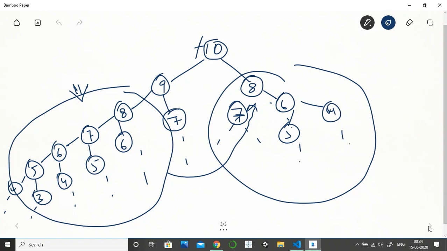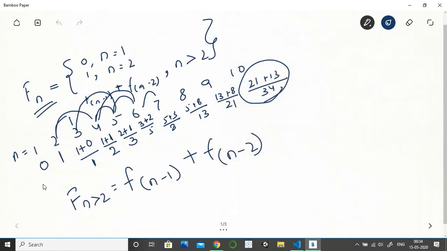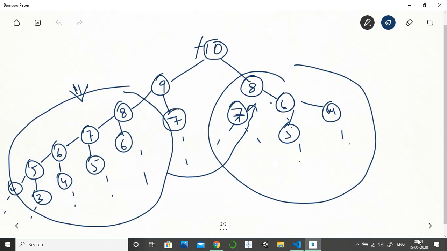So there are now two approaches to tackle this. First, which we did here, or let me go back here, we started from the bottom and then we proceeded up. Let me tell you what I mean. For the bottom up approach, if we have to calculate for 10, we won't start with 10 and go backward.